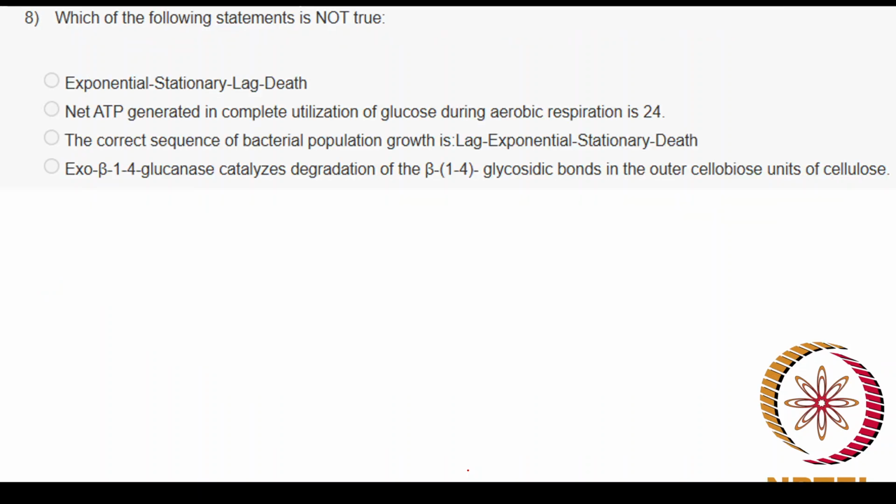We'll move forward to the next one. Which of the following statements is not true? Exponential, stationary, lag, death: these are the phases of bacterial growth. The second is